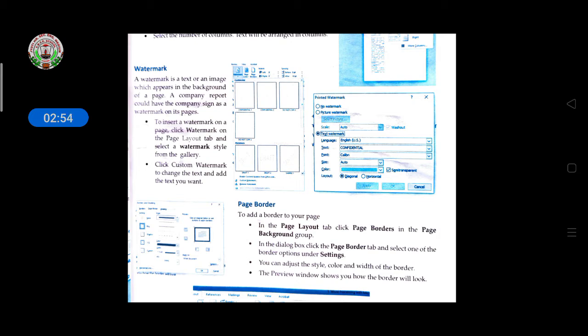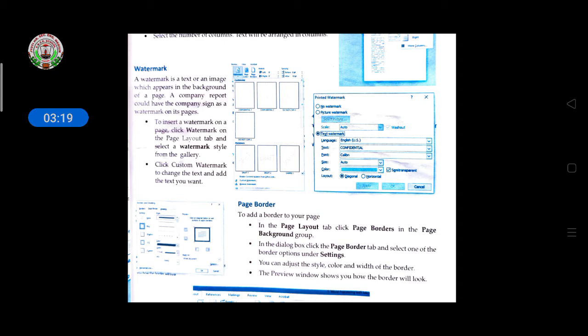And how to select this? First of all, to insert a watermark on a page, click on watermark on the page layout tab. So this watermark option is there in the page layout tab, and then select the watermark style from the gallery. Means which type of watermark you want in your document page, select from the gallery, and then click the custom watermark to change the text and add the text you want.